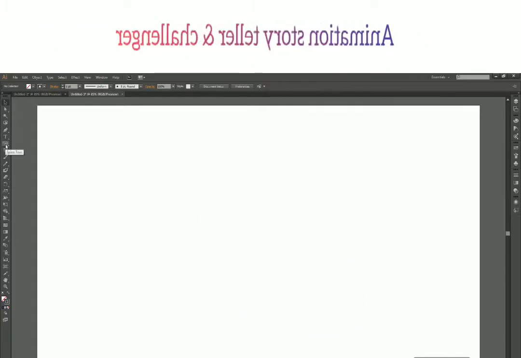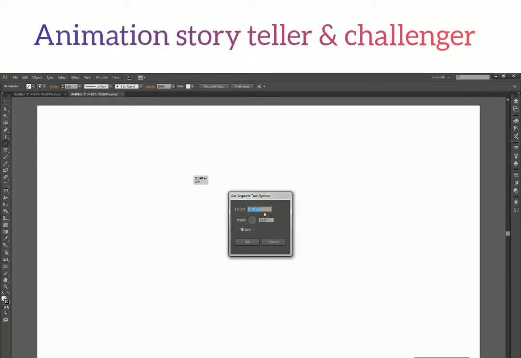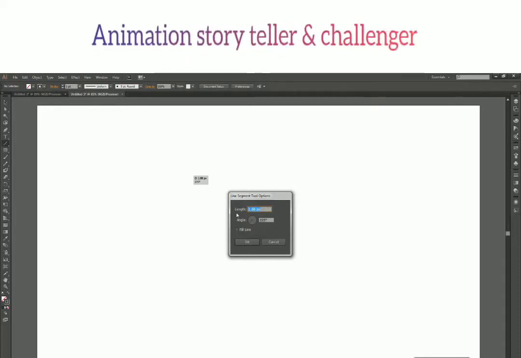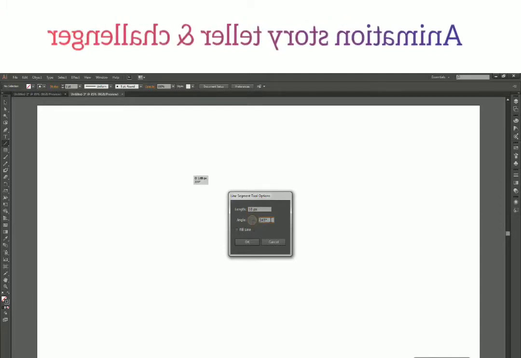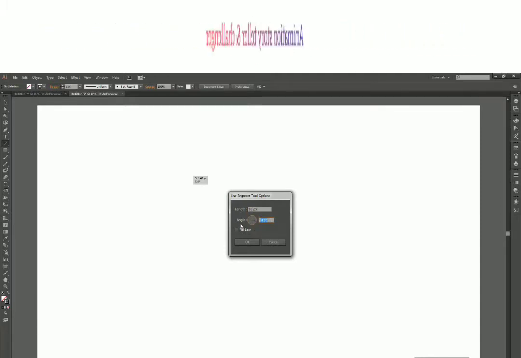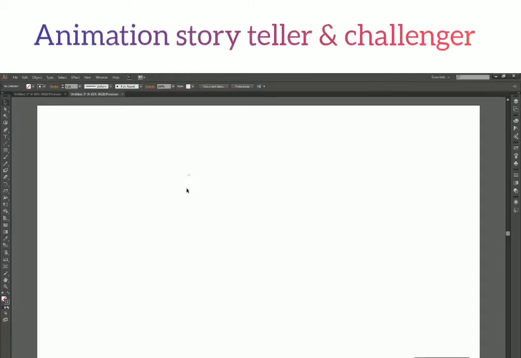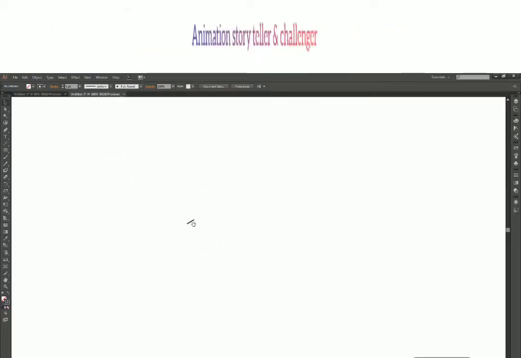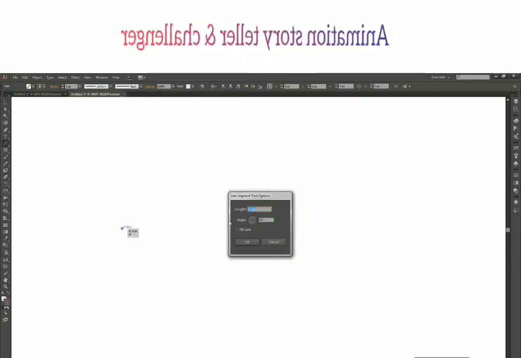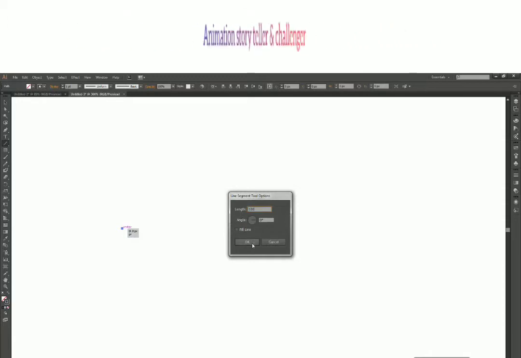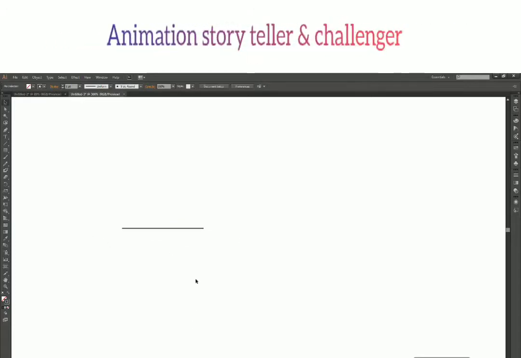Actually, this double click functionality works with all the tools. For the line segment tool, if you double click, it gives you a length. You can define a length, let's say 10 pixels, and you can decide the angle. Let's say the angle is 45 degrees, or let's say it's 30 degrees, and press OK. So you actually get a 10 pixel line which is inclined at 30 degrees. The line is really small because we only made it for 10 pixels. If you make it for 100 pixels, you will be able to see the change. This time the angle was 0 degrees, so we get a perfectly straight line.